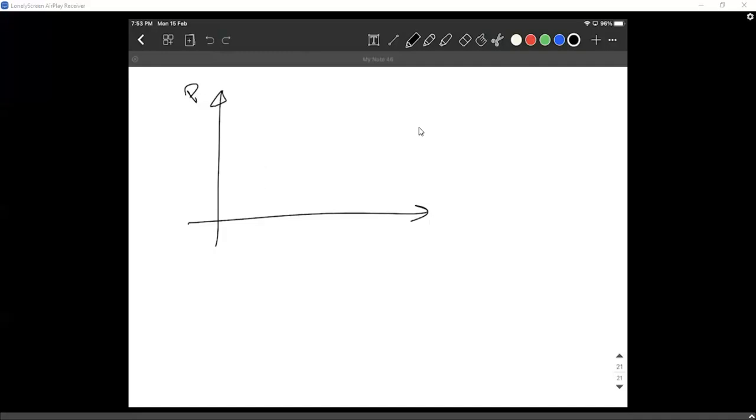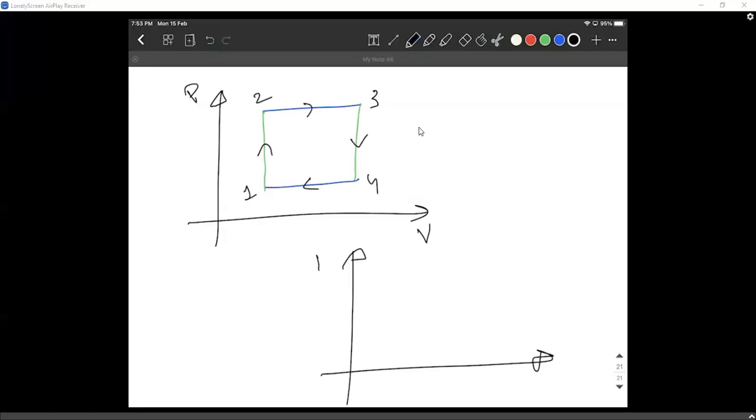So let me draw it properly with the colors. PV. Two of them are constant pressure processes and then constant volume processes. So the cyclic process goes like this. Let's just say 1, 2, 3, 4: 1 to 2, 2 to 3, 3 to 4, 4 to 1. If you have to convert this graph, let us just say I have to draw a PT graph. All you need to do is first of all draw two constant pressure and two constant volume lines. The constant volumes go like this, and they all have to pass through the origin. So the graph has to fit in between all these four lines.